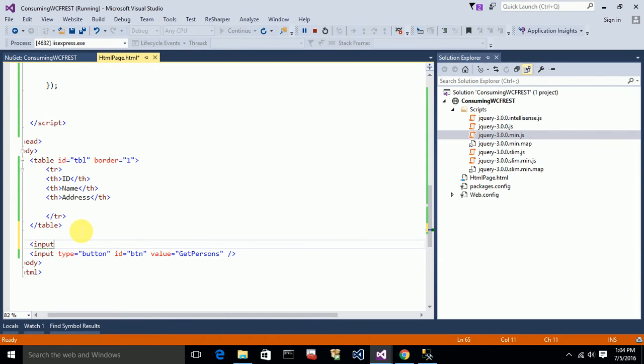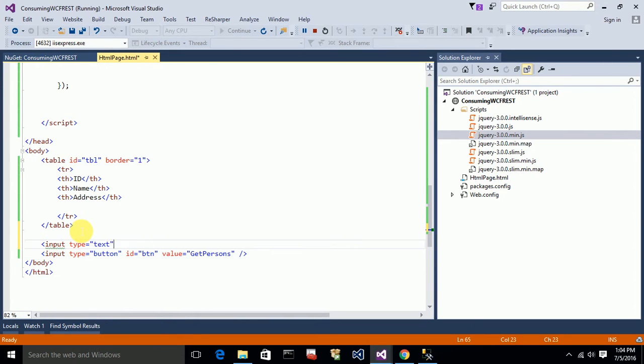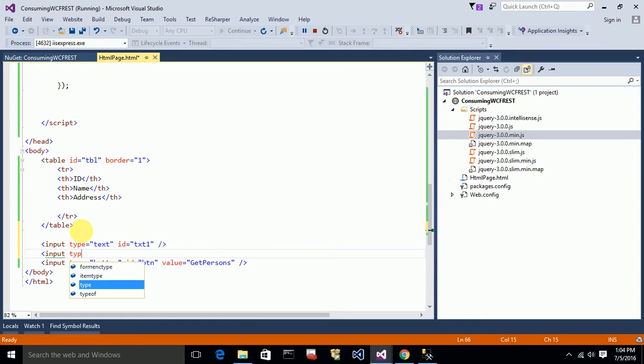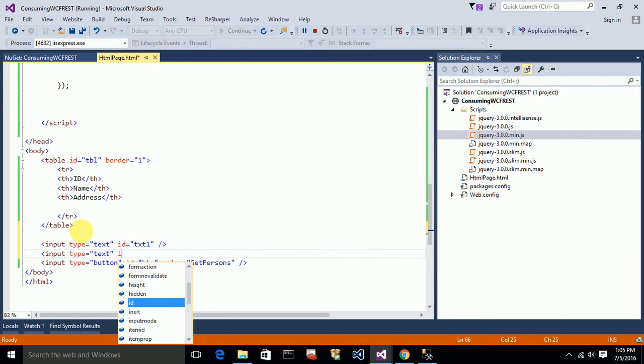Okay, input type equal to text, and I'm giving the ID as text1, and another input text field for the name of the person, giving the ID as txt2,